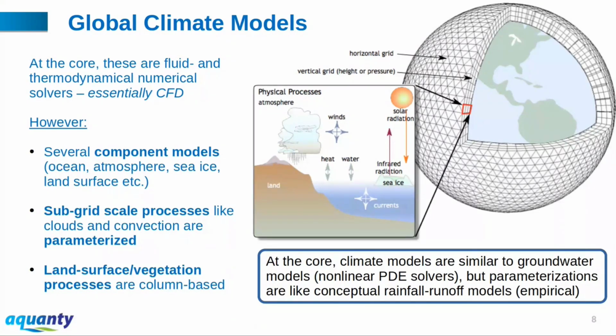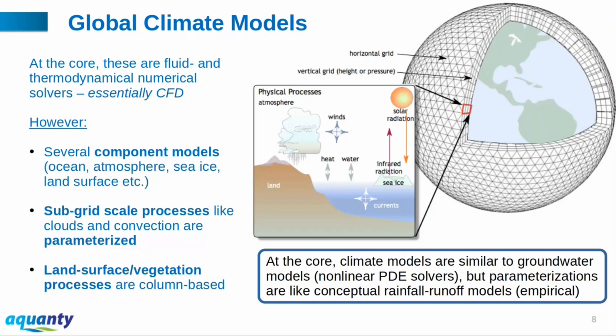Typically, these are column models, so this is an important limitation. So the land surface is a column model. The atmosphere is full 3D. The ocean is full 3D as well. So it resolves the full circulation. Subgrid scale processes are parameterized, however, and it's not mentioned on the slide, I realize, but the resolution of